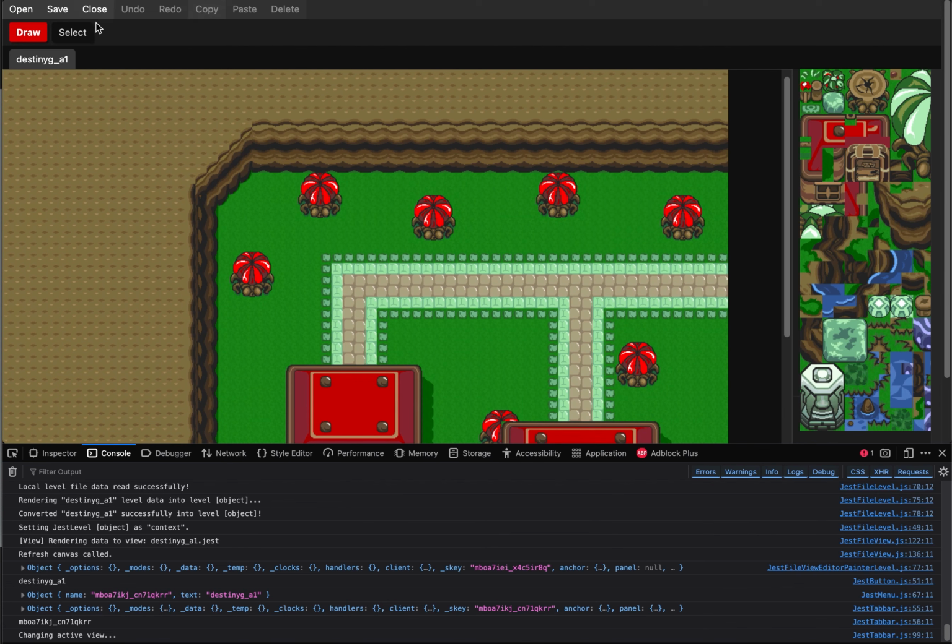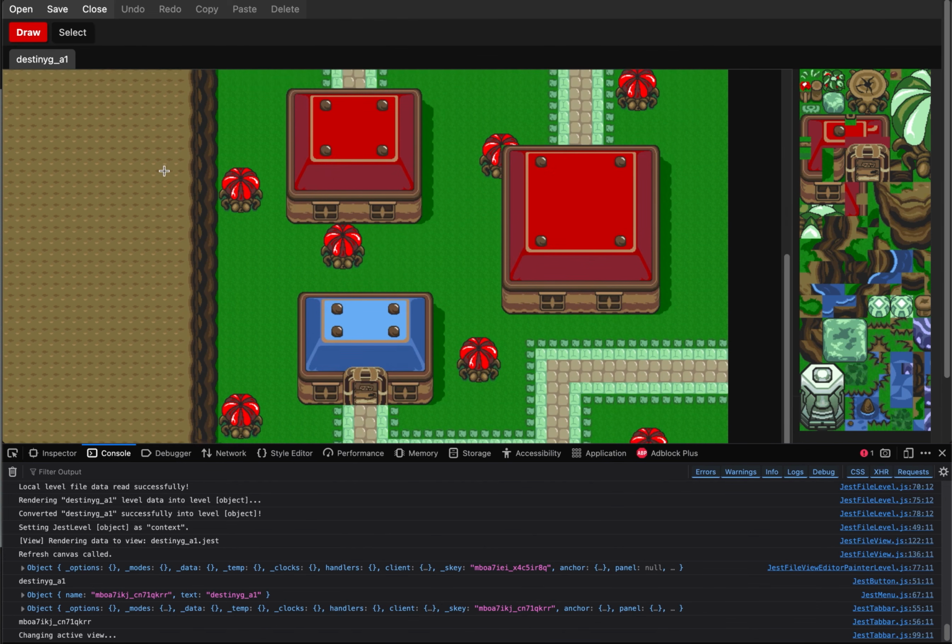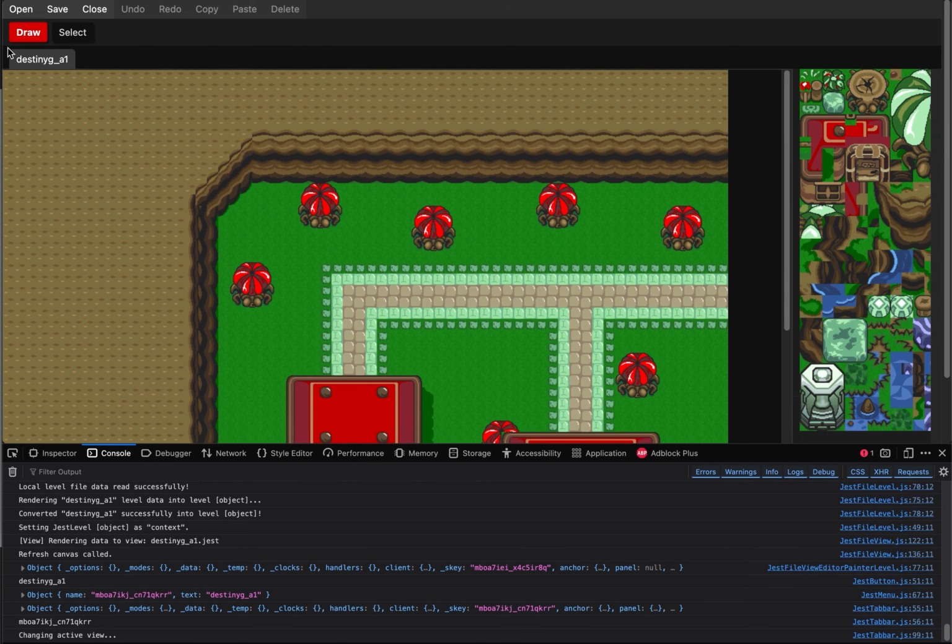I'm going to add a lot more tools here, so you can do things like you can do in Photoshop that you can't do in most level editors. I'm going to add more capabilities and things like that. But anyway,